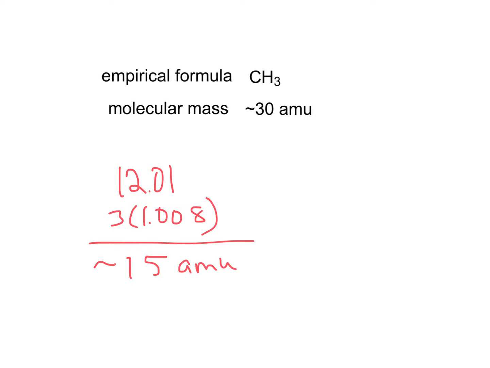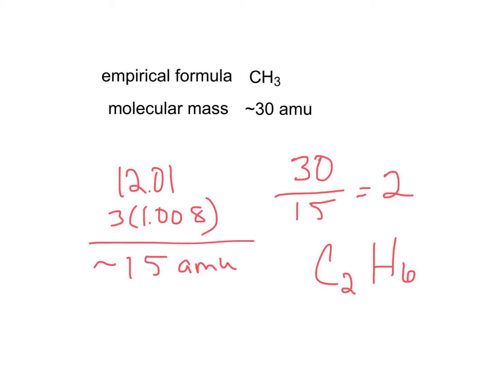I then look at the molecular mass and the empirical formula mass and simply divide. So 30 divided by 15 gives me a ratio of 2, and that tells me what I need to multiply the empirical formula by to get the molecular formula. So if I've got 2 times CH3, I'm going to have